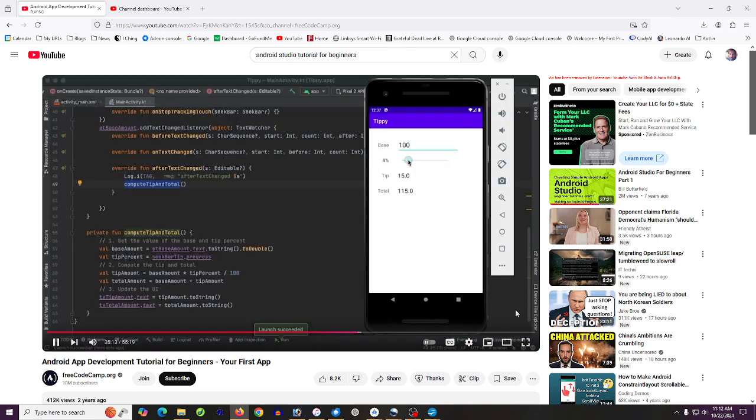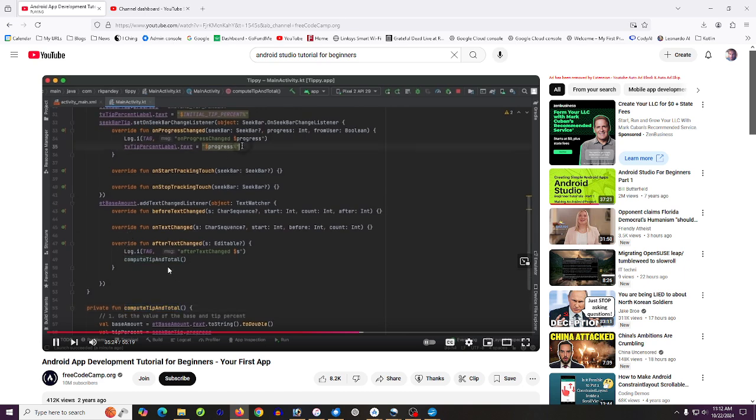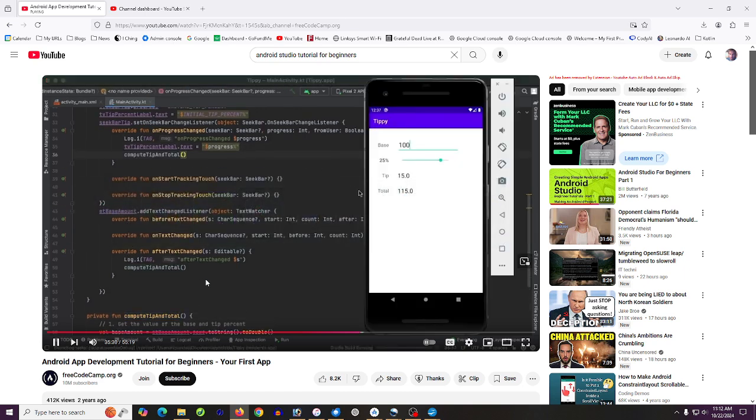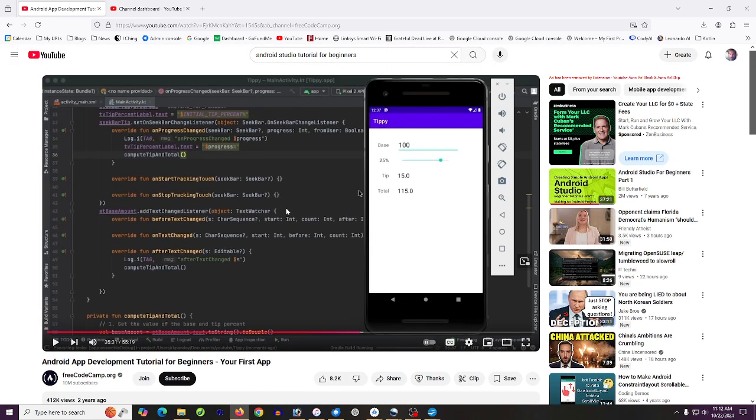Have the same logic get executed if I change the tip percent. It'll be really easy because toString, total amount abstracted into this method. I'm going to call compute tip and total. Right, I have a pretty functional app. Now, compute tip and total is another thing. He put it in once. Oh, wait a minute. There it is up there again, too. See, all of a sudden,